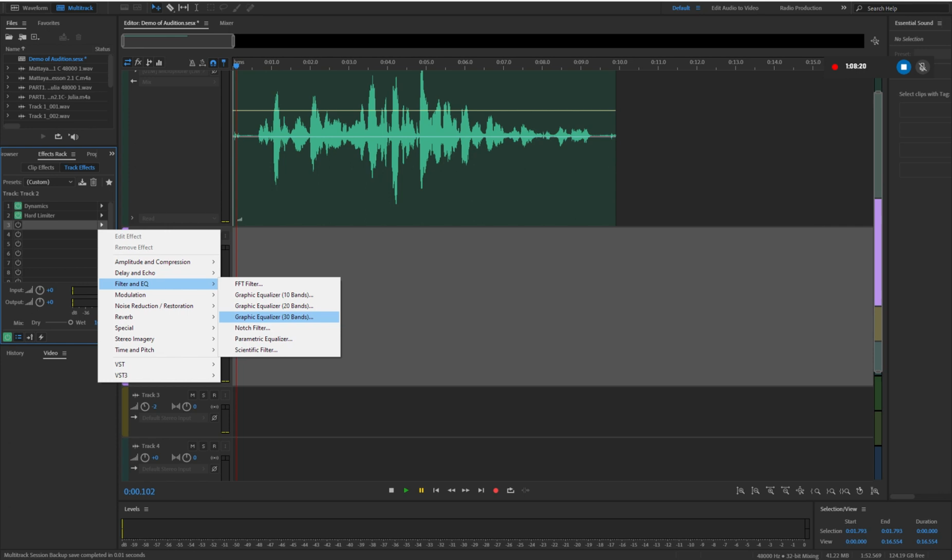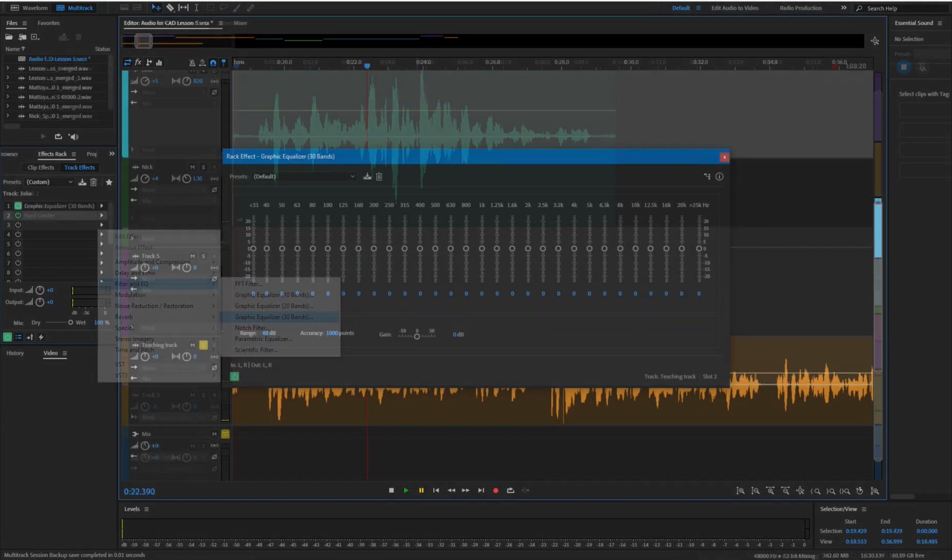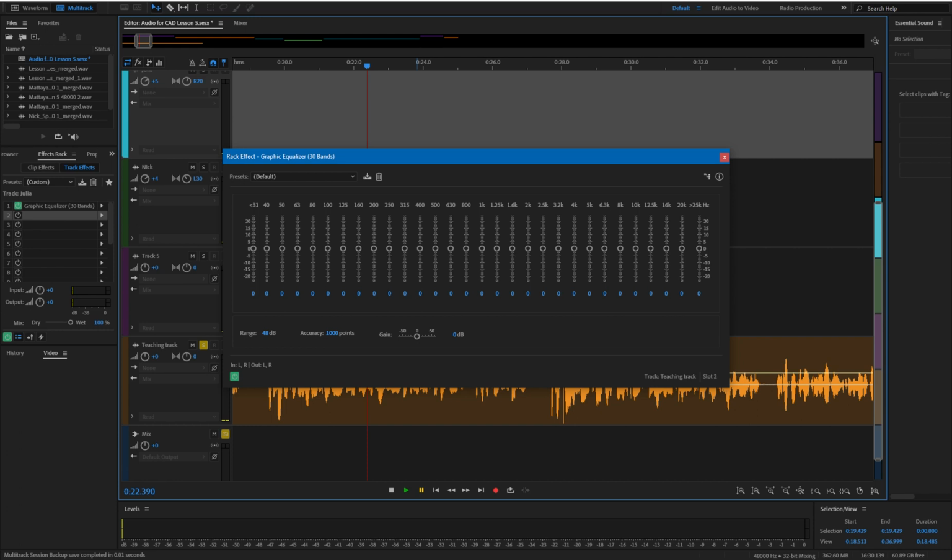The graphic equalizer is activated by clicking on the white triangle, followed by Filter and EQ, followed by Graphic Equalizer. The number of bands determines how many different frequencies we can control. We tend to use the 30-band equalizer to get the most control. For each of those 30 frequency ranges, the EQ allows us to raise or lower the volume of that specific